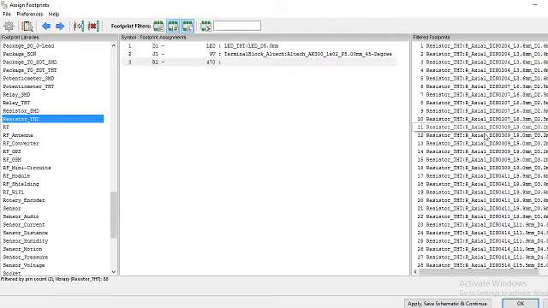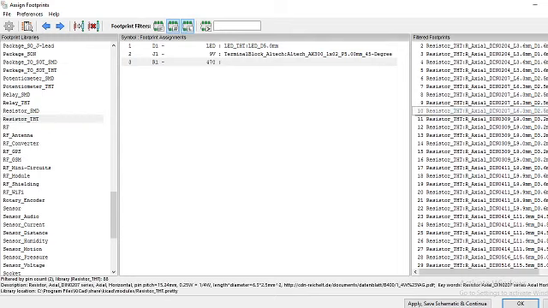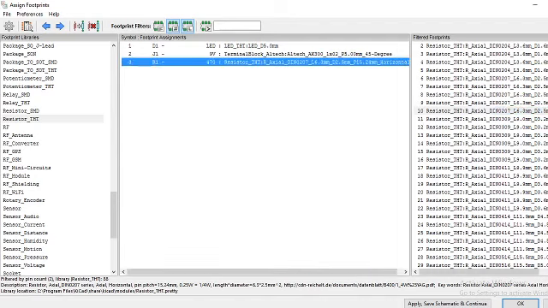Then select axial resistor. For resistor we can select this footprint. Then double click on it.